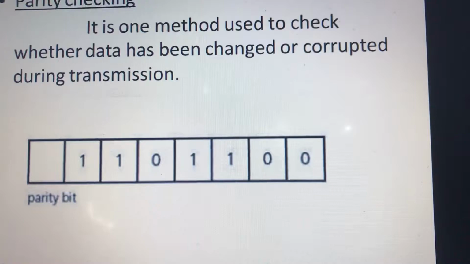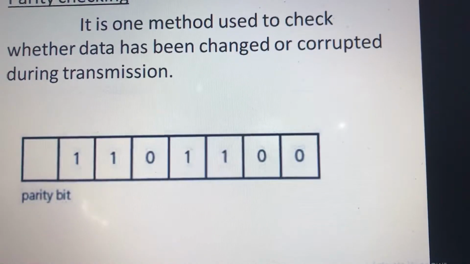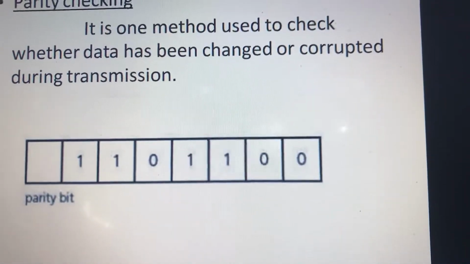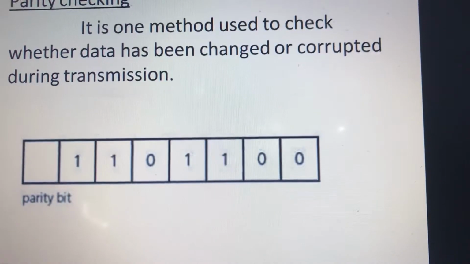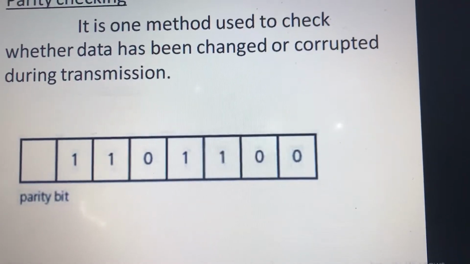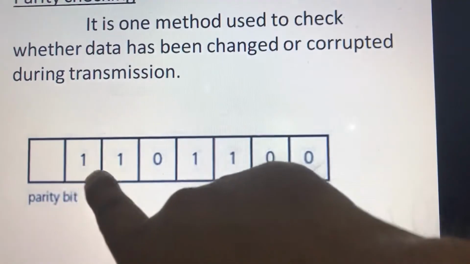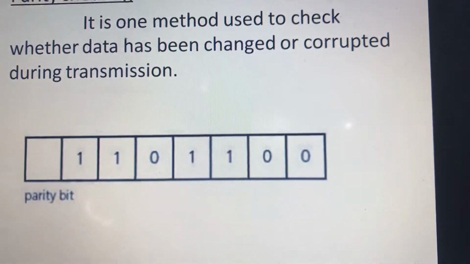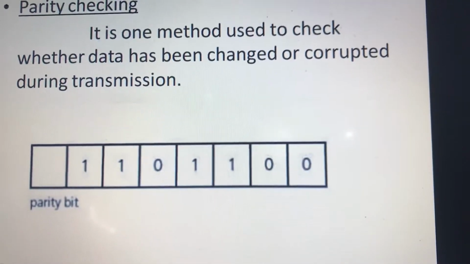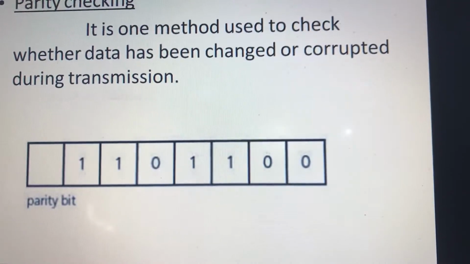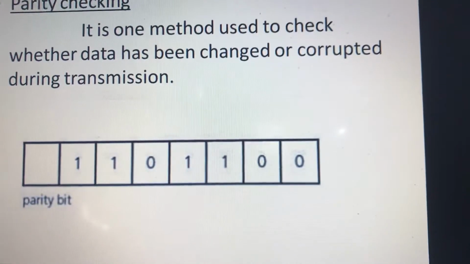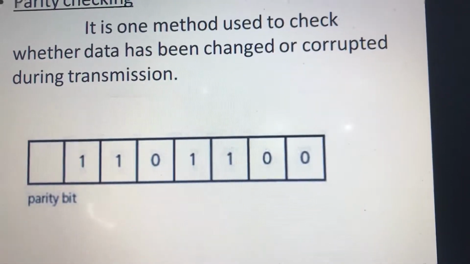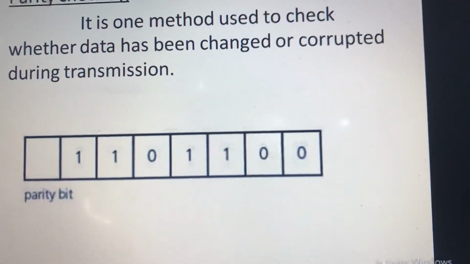A parity bit is allocated before transmission takes place. Systems that use even parity have an even number of 1 bits. The number of ones will be even, and systems that use odd parity have an odd number of 1 bits.